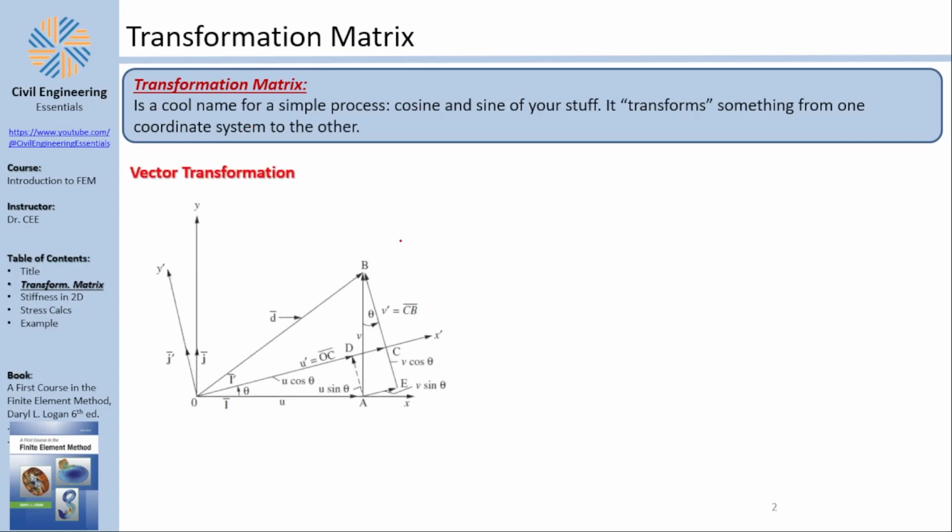Now, the vector transformation is given in the book by Daryl Logan, A First Course in the Finite Element Method, but the drawing itself is a little bit cryptic, so allow me to explain this for you. Assume that you have a bar oriented randomly in space, any bar, from 1 to 2. And let's say that the end point, point 2, has moved a certain movement in the direction x, which we call u this time. The movement in the x-axis we call u, and the movement in the y-axis we call v. So it moves an arbitrary value in u and another arbitrary value in v,